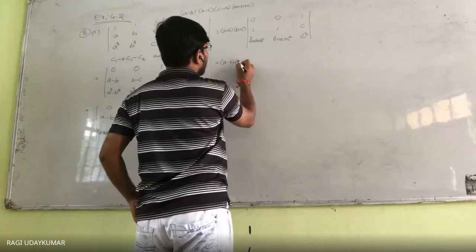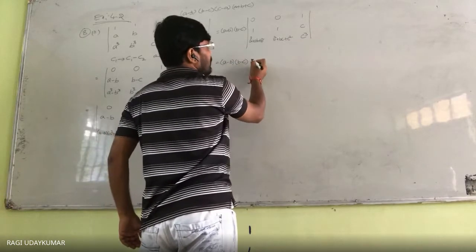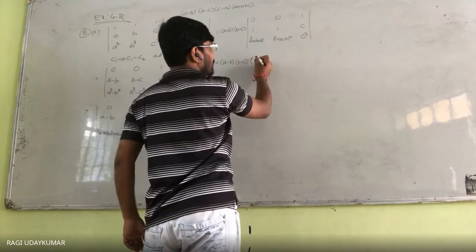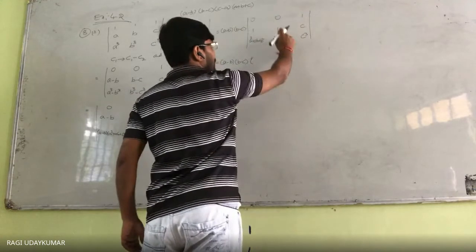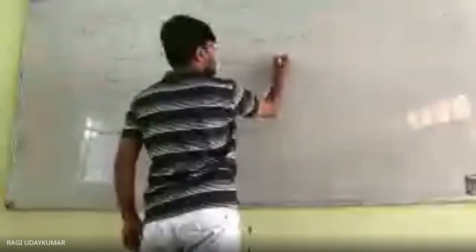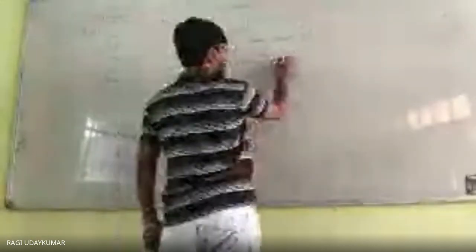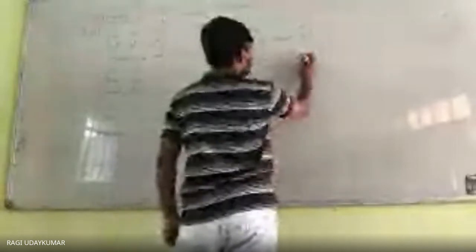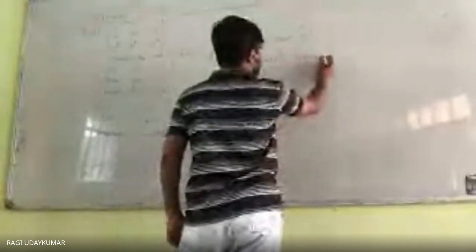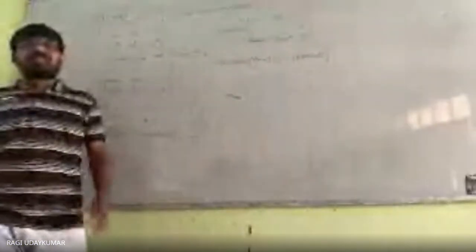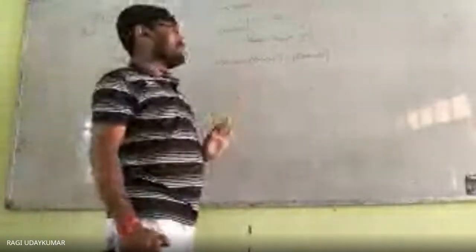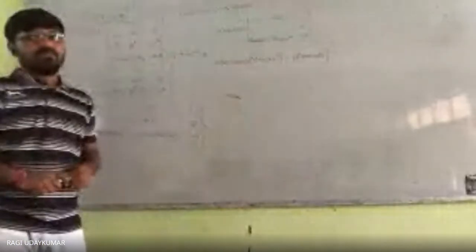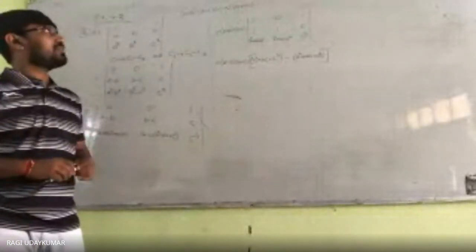(A minus B) into (B minus C) into 1, this one into this one minus this one. So (B square plus BC plus C square) in the brackets minus (A square plus AB plus B square). Just one algebraic expression you are going to get, and that algebraic expression you need to simplify.